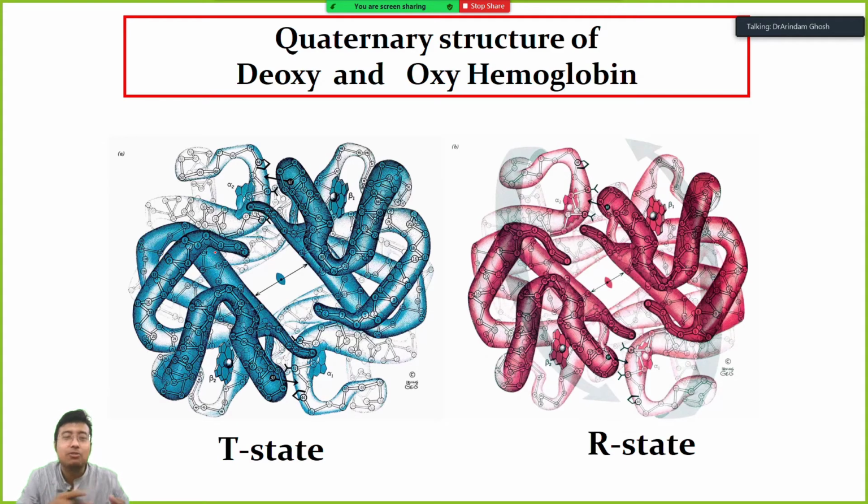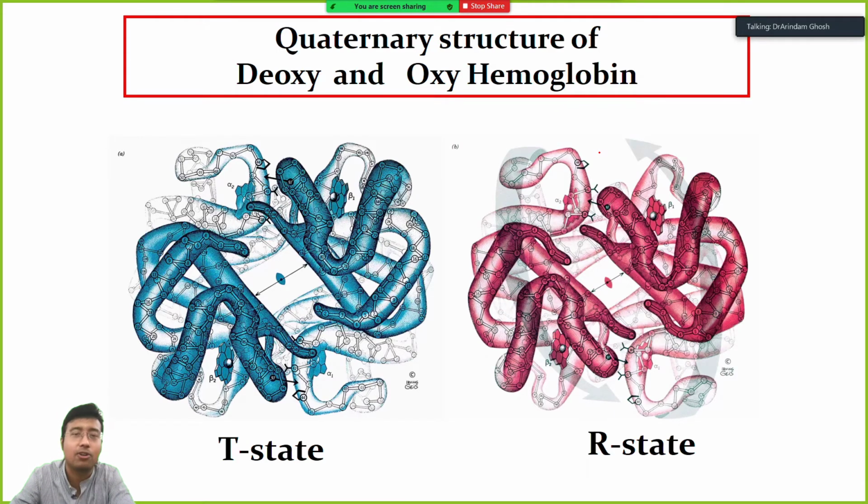Okay. So if we look at the actual structure, the real world scenario, under an electron microscope, they will simply look like helices with a lot of curves and gaps, right? So barely can you say which one is the taut state and which one is the relaxed state. In your textbooks, these figures will be given, but you won't be able to understand anything, and you don't need to draw these.